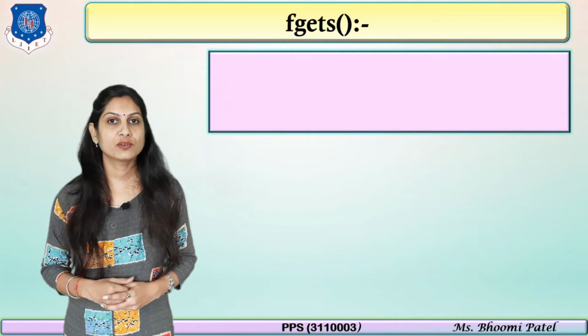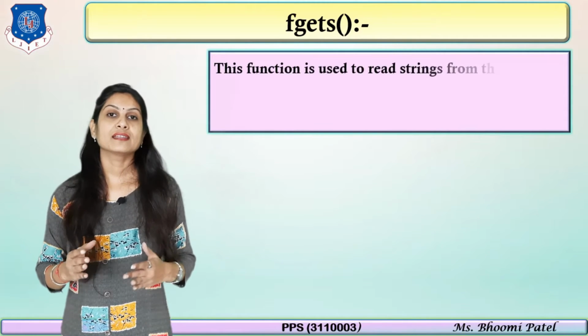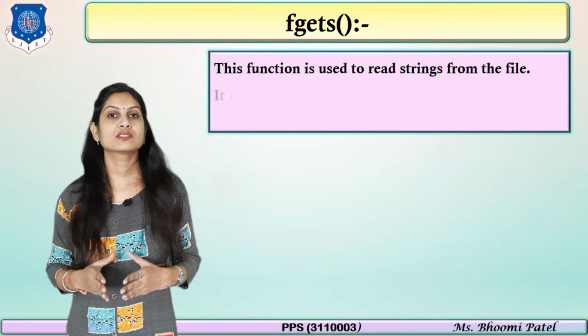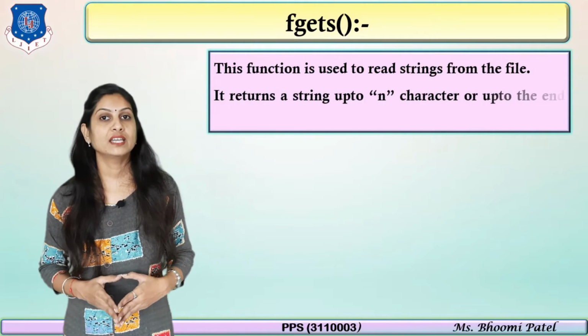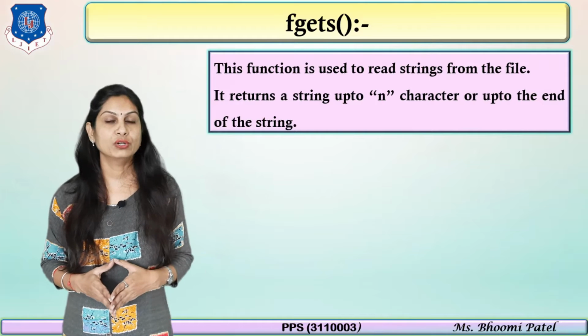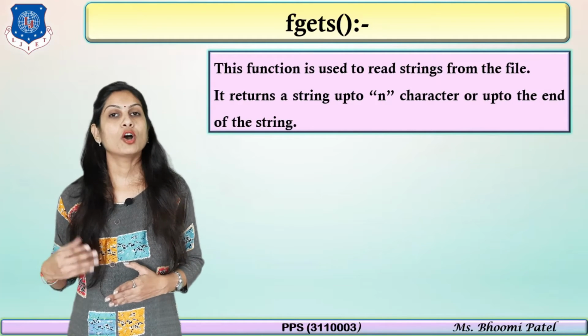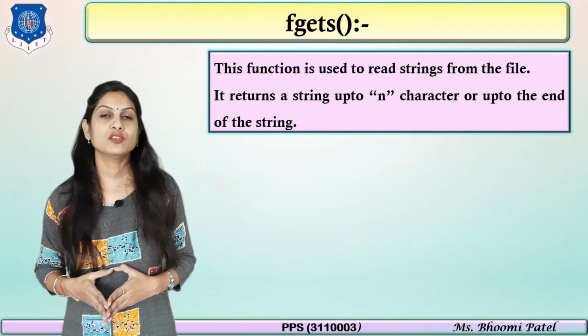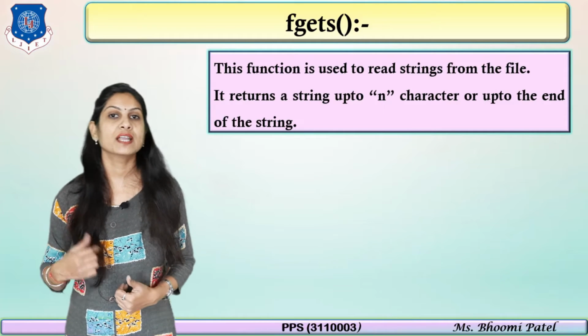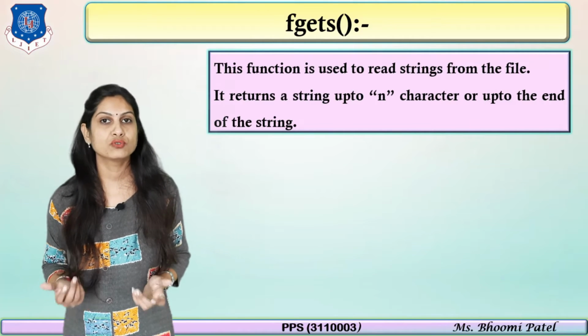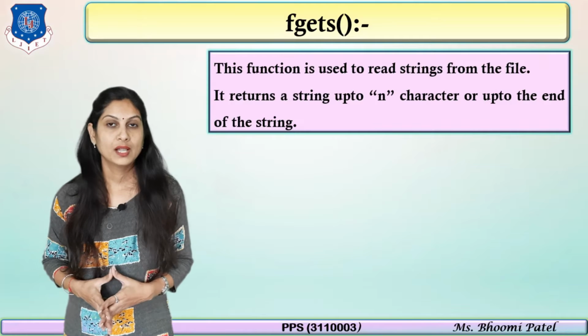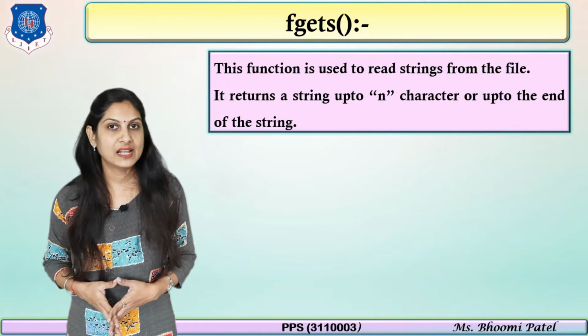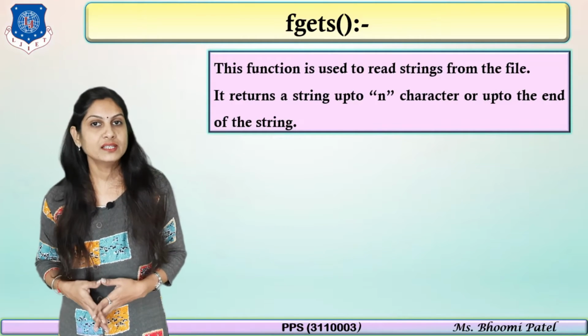gets. S stands for what? String. The gets function and puts function, these are all functions we discussed in our previous module on strings. When you perform operations regarding strings, you use the gets and puts functions, but these two functions are used for a console. Now we have to use them for a file.